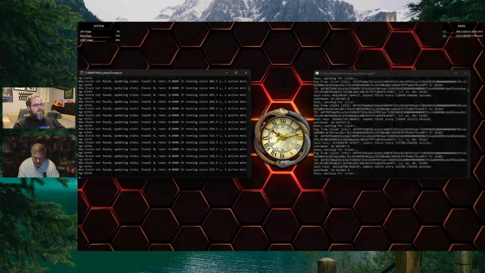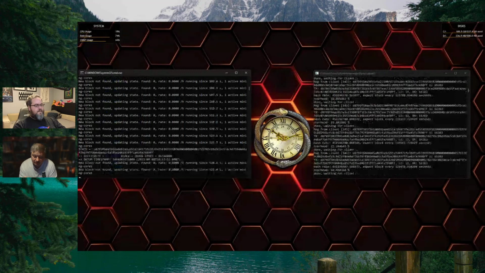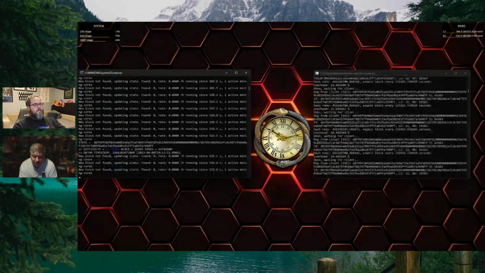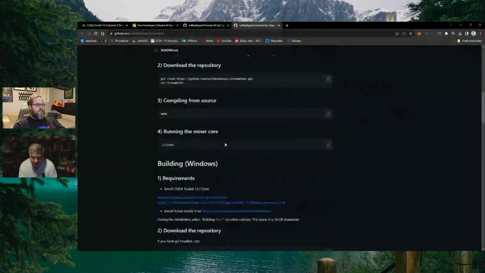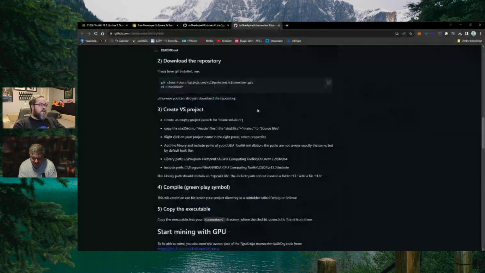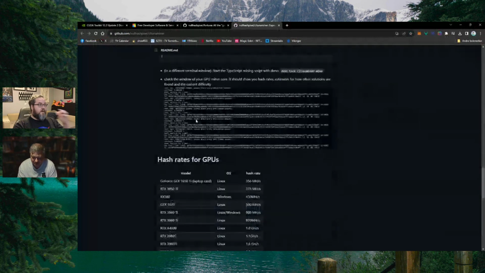Okay. What you need to do currently, it's like a workaround. You create one instance for each GPU, and you mine with that GPU on that instance. It says in the GitHub how to do this. So I think if you're a multi GPU farmer, you are likely experienced enough to read a GitHub and look through that. If you scroll down, I think it says start mining with GPU, and I think somewhere around here,